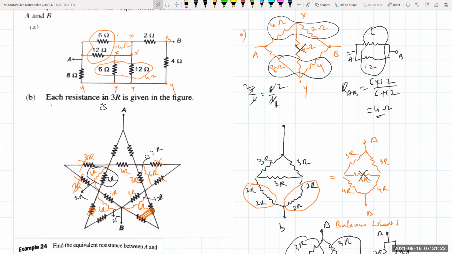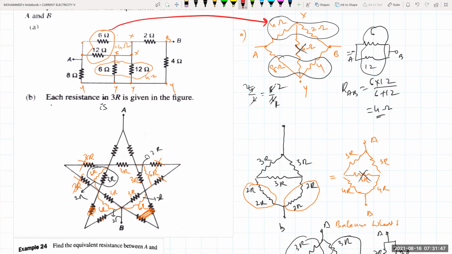Got it, beta? Sir, 4 ohms. Very good. See, 6 and 12 will be in which combination, beta? Parallel. Right, 6 and 12 will also be in parallel. So that is 4 and that is also 4. Isn't it? See, I have drawn here 4 for this one, effective as 4. Then the next one is nothing but 2.